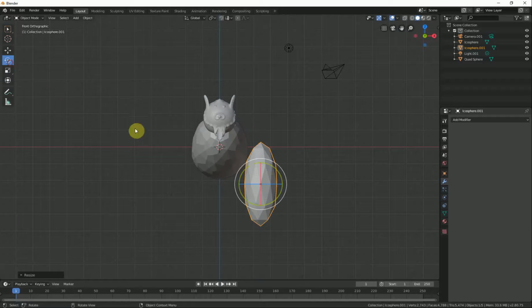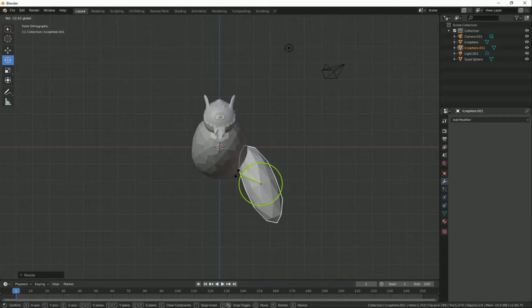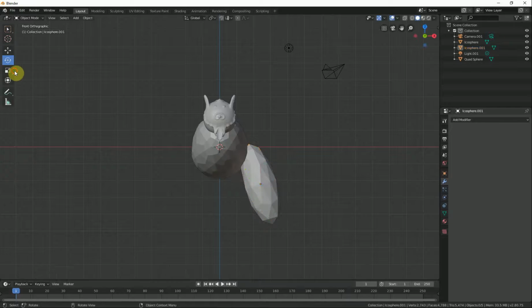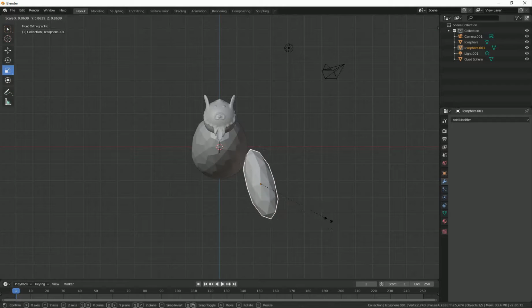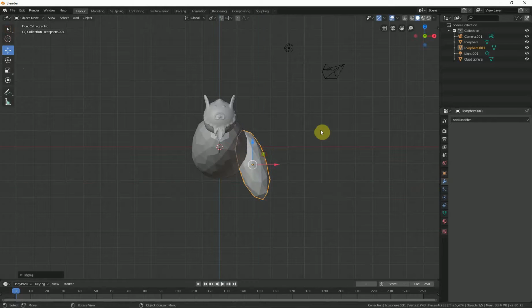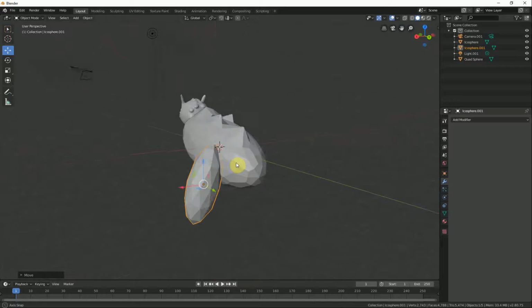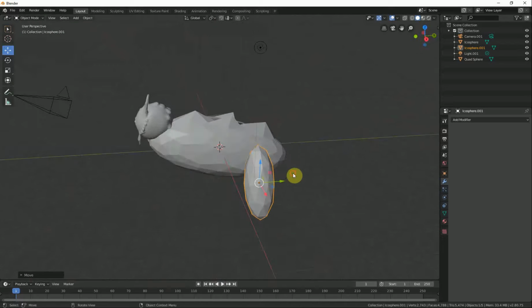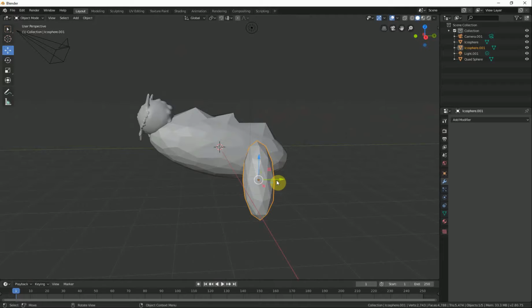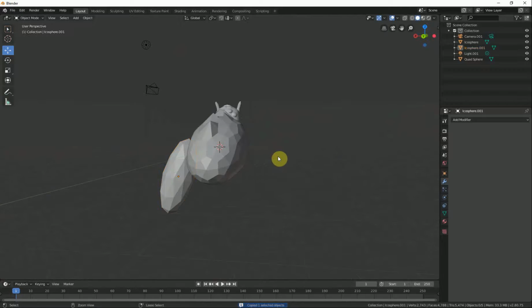Then I'll select rotate and I will rotate the leg. Then I'll press scale again because I think this is a little too big, and then move it up a bit. Now I can continue looking around. So this looks good. I'll move it to the back. Then press Control C, then Control V,